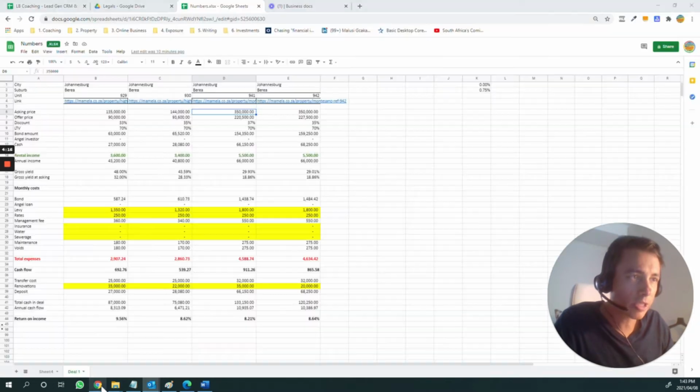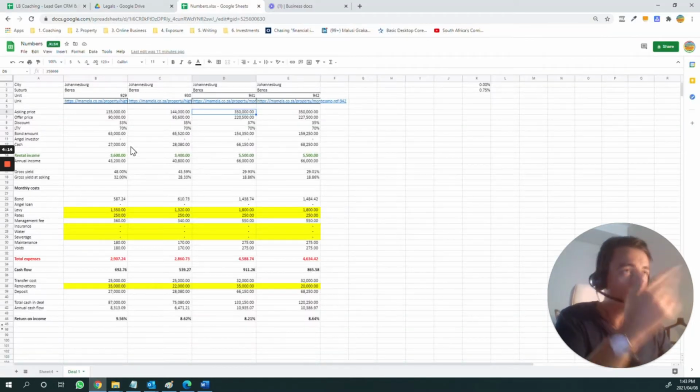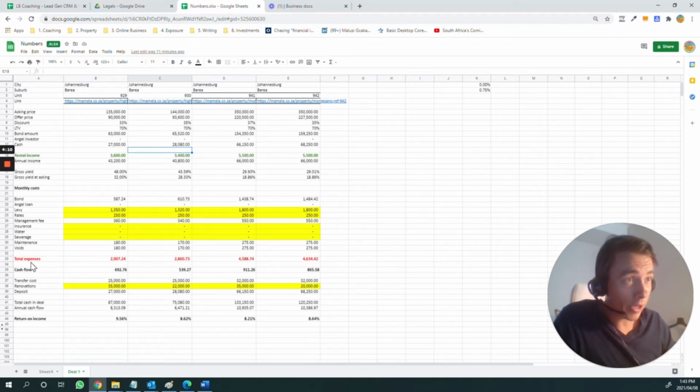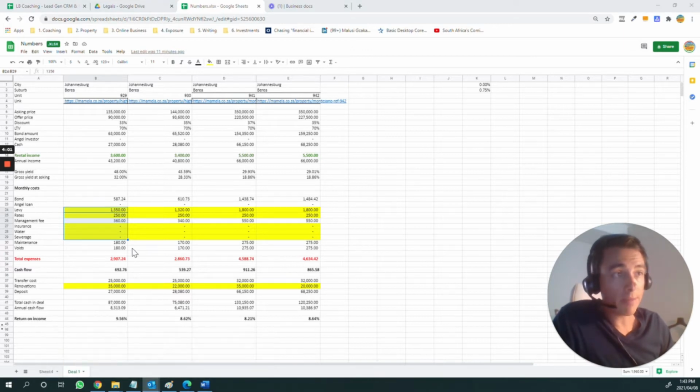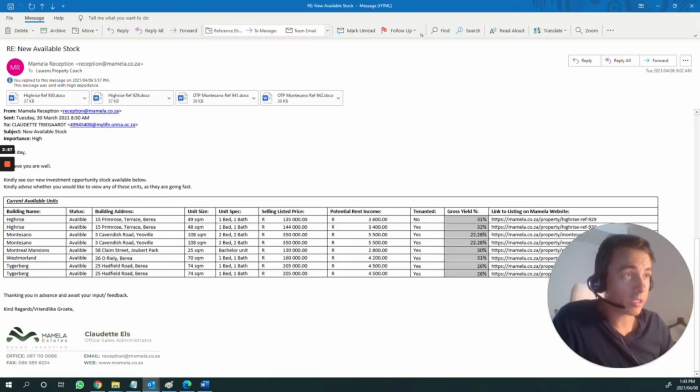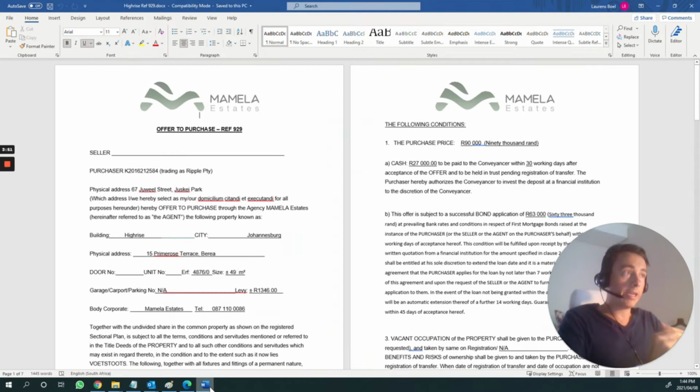So what I've just done, you can either use the myapp.property app or just build a quick Excel spreadsheet. What I've done here is I've quickly run all the numbers, put in my assumptions. Everything in yellow is an assumption, something that I'll need to confirm either with a rent roll, a bank statement, something like that. She then sent me an email with all the OTPs. So you can see here that she sent me an OTP for the first four that I was interested in. What I've done is I've gone through each